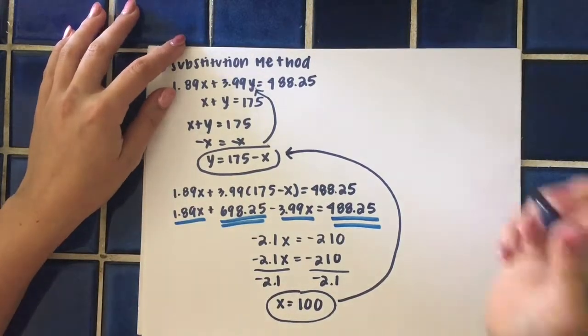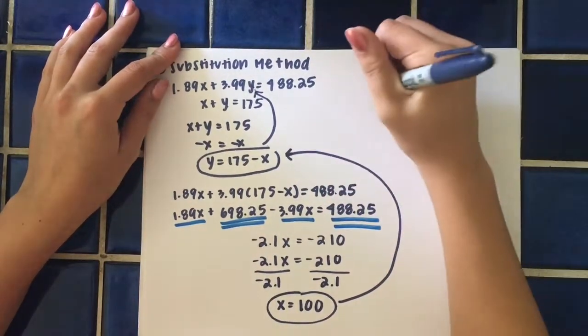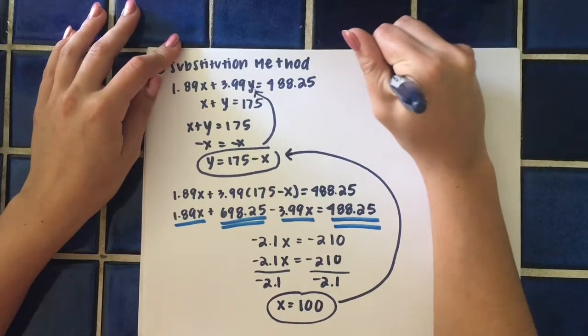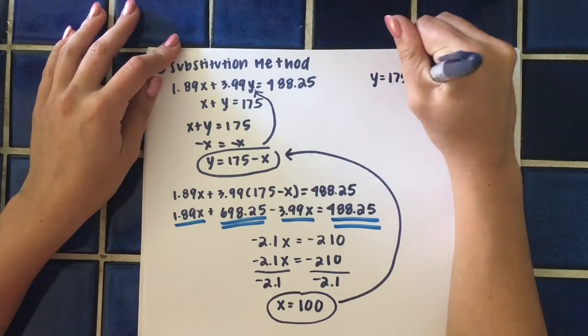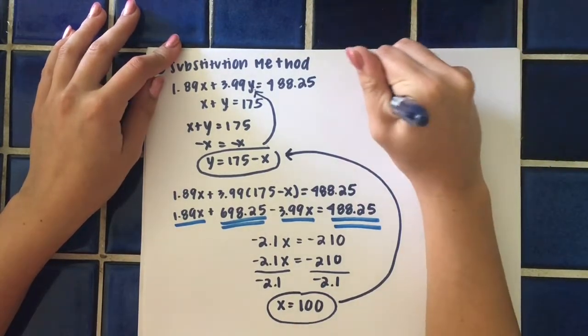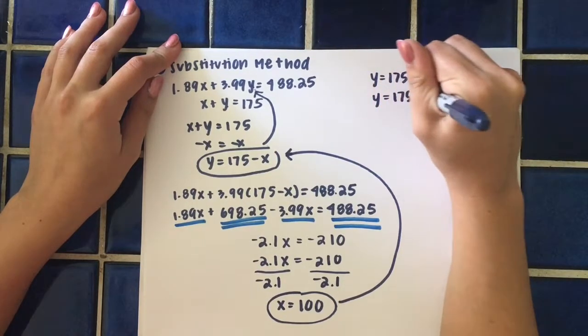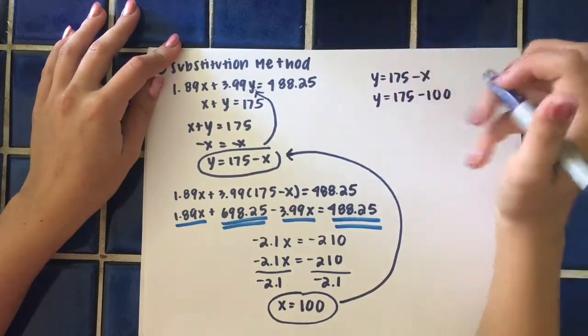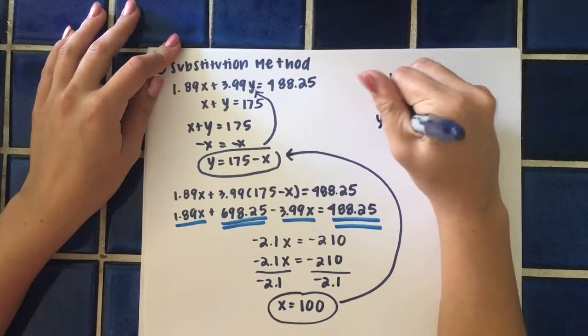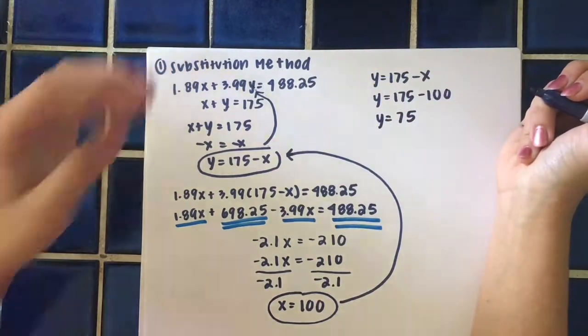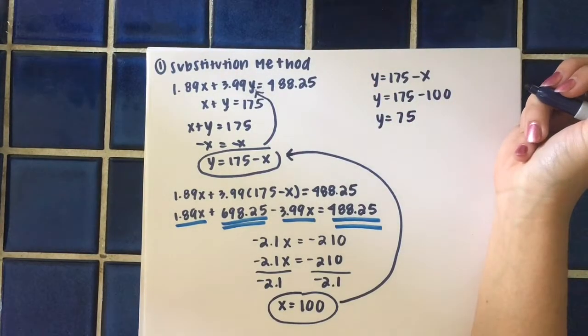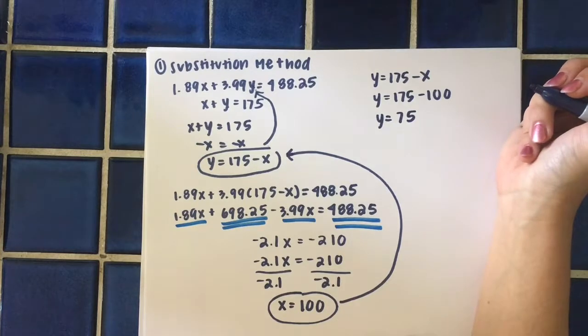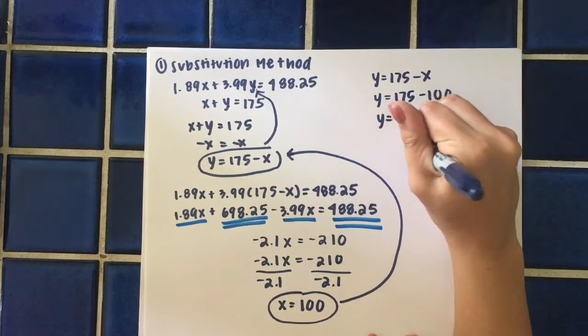So how many Big Macs? Let's plug that in over here. So we have y equals 175 minus x. You know that x equals 100. So you just do that, and you get that y equals 75. So now you know that your solution to this system is